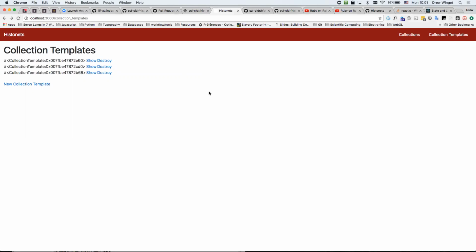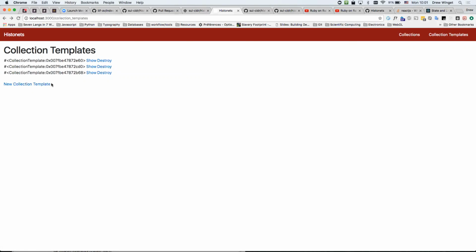The demo of this sprint of Histonets. We're going to show a feature that required a lot of back-end work and thankfully only exposes exactly enough information to the user to have a very short demo today. So before I get into this, I just want to cover really quickly